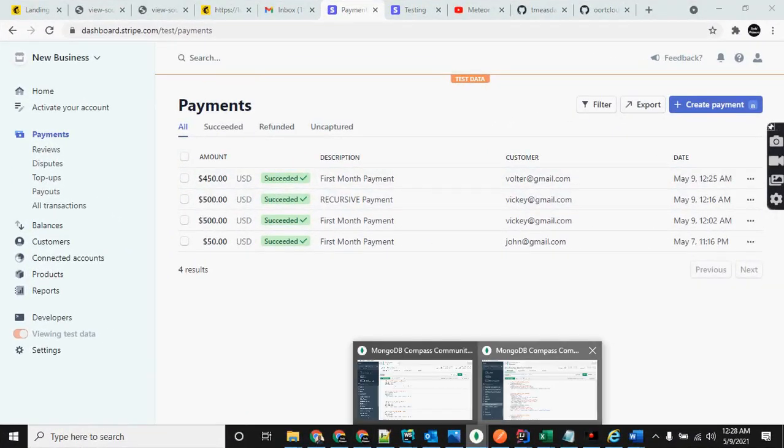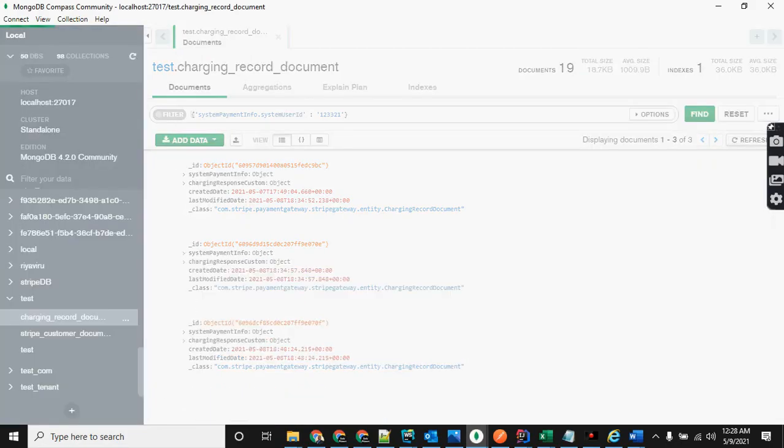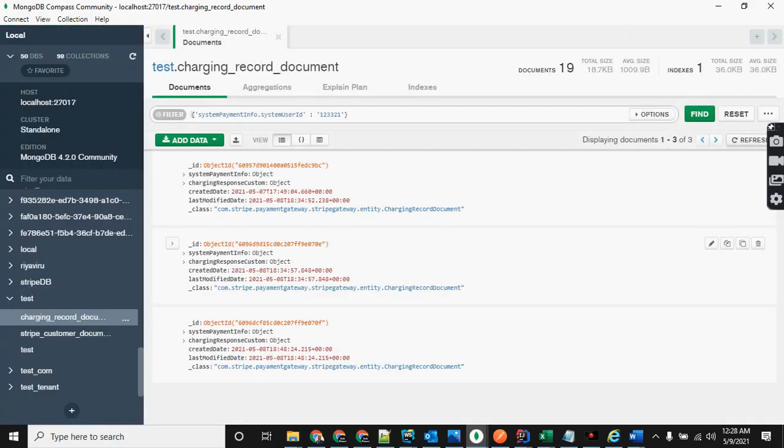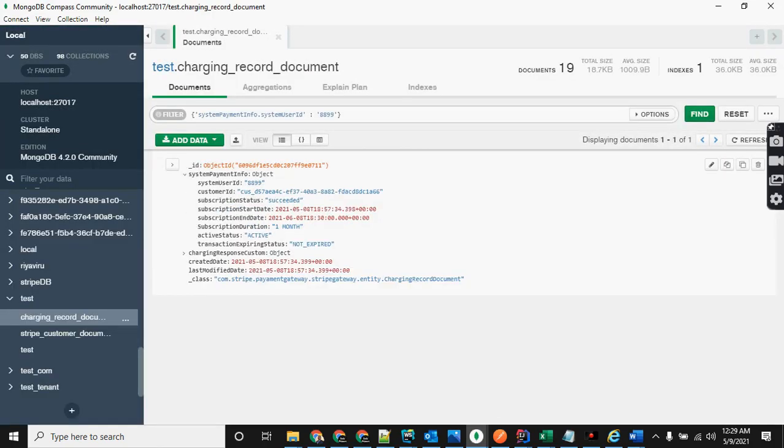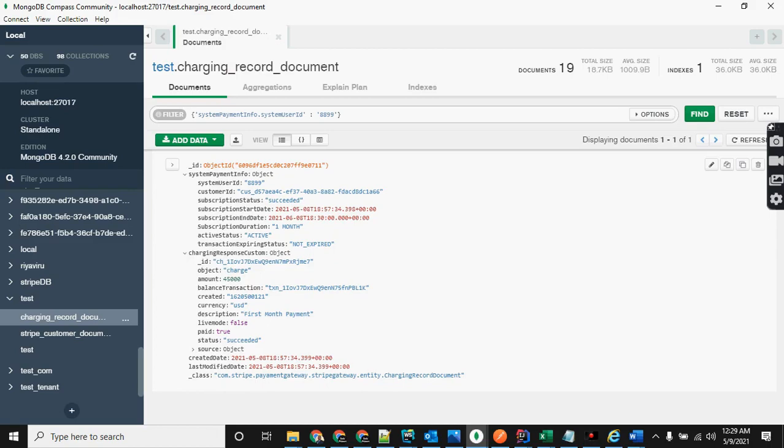Then you can see our system is also maintaining some kind of records. There are so many records there, so I need to filter them, right? 8899, it means the system user ID. You can see our records there. In the local database I am saving these necessary details, so it will be easy to track these things,